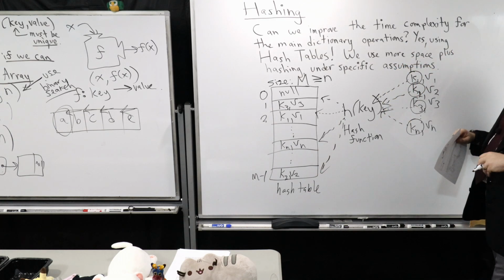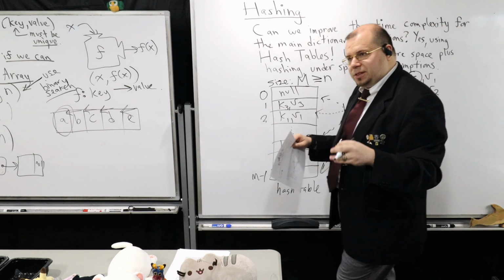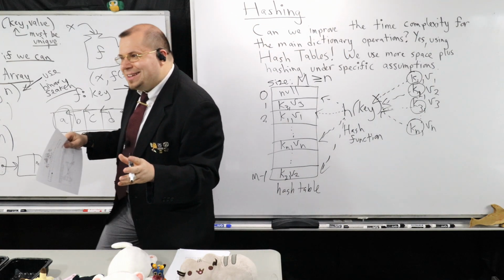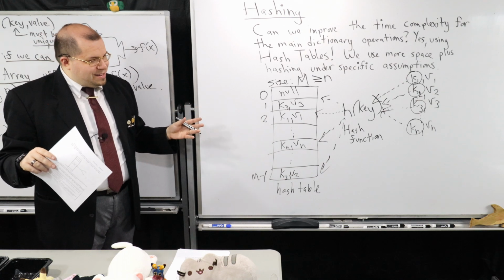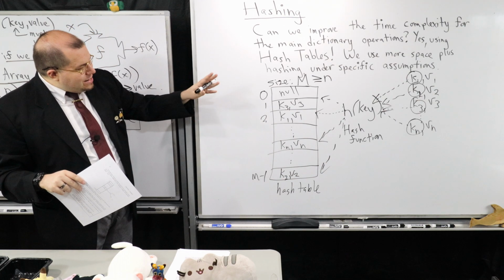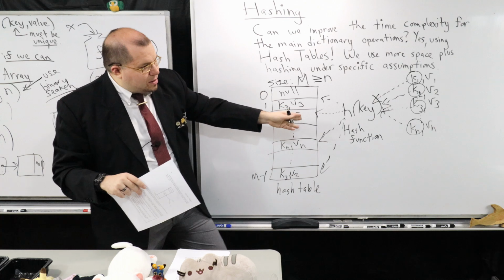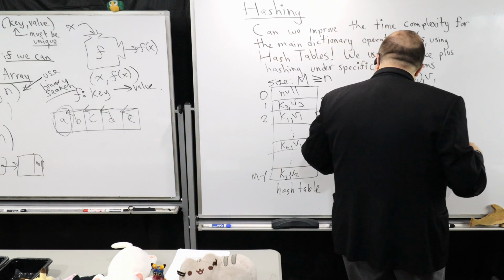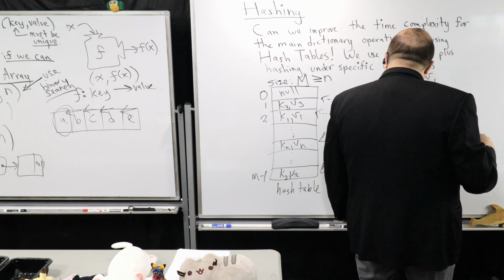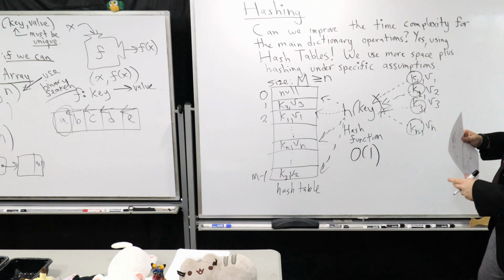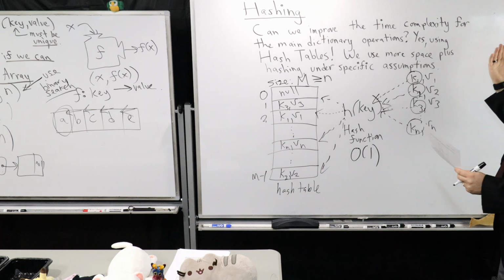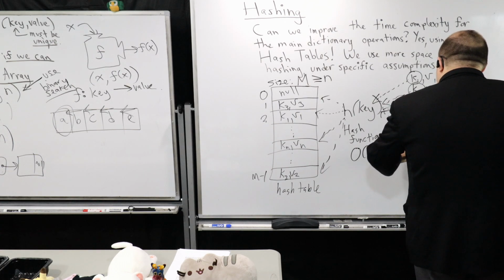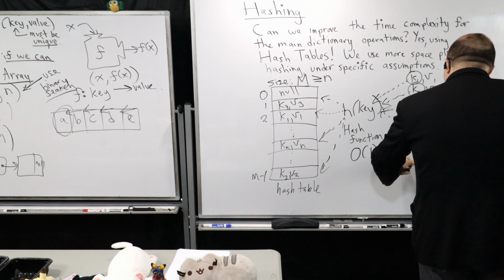So the point is that this hash function tells me a location where I could put that record in this table, which remember, the table is just an array, but you can think of it in a lot of other ways, as we're going to see. So the idea here is if I can compute this location to put it in the table in big O of 1, so in constant time, under very specific circumstances, if I were to use, for example, get, put, and remove,